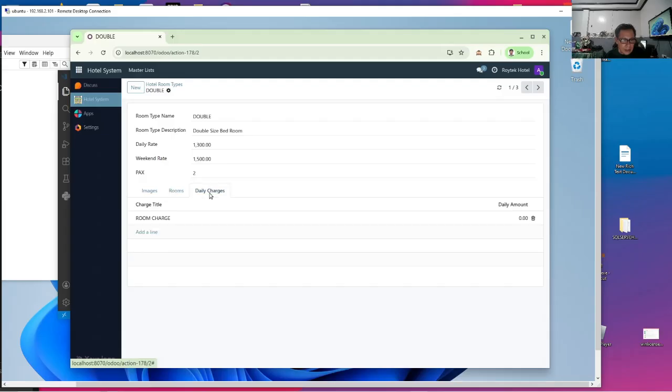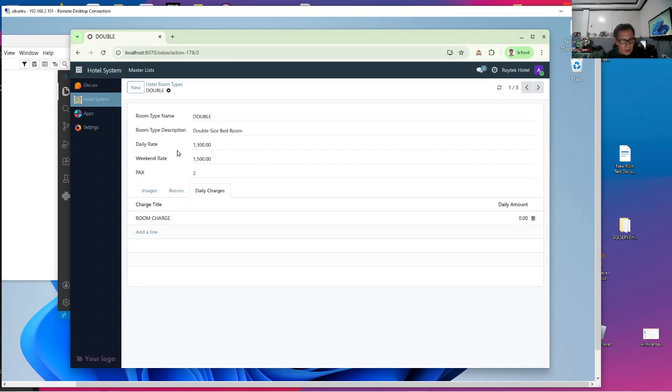We also have a writable and editable list view embedded in the third page, and you have seen the code to be nothing more complicated than the usual views that we've created. Later, by the way, I intend to change the rates here, no? The daily rates and the weekend rates. We'll do that during the actual process.